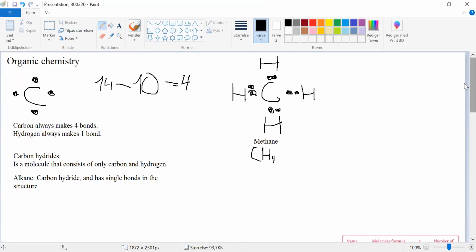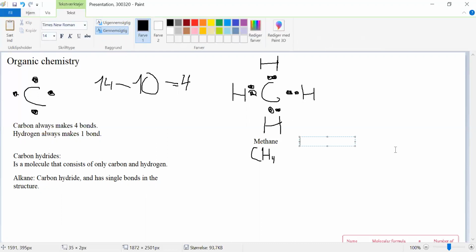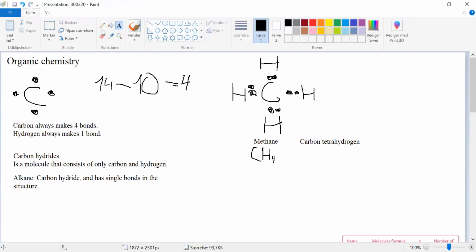But as we can see here, I've named this molecule methane, and that's because organic molecules follow some different naming rules than the ones that we are used to. Because normally we would name this molecule carbon tetrahydrogen, because there's a carbon and there's 4 hydrogens. That's not a name we're going to use. So the organic molecules, or at least the carbon hydrides, they follow a different